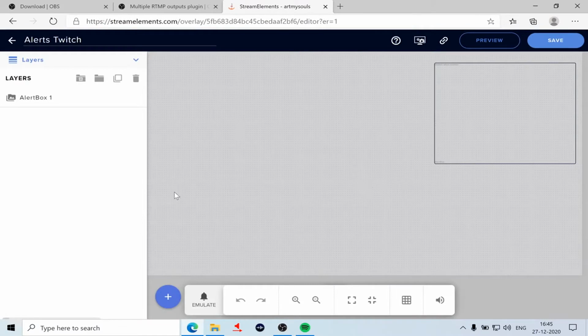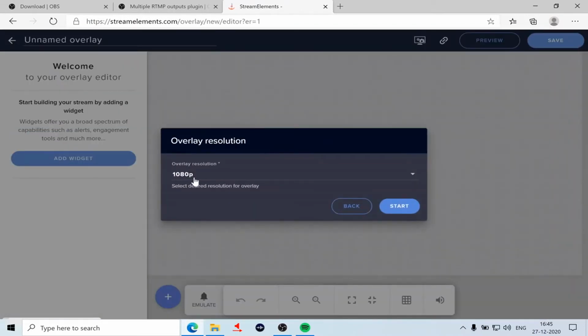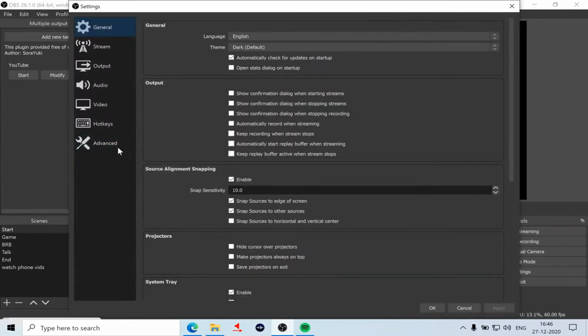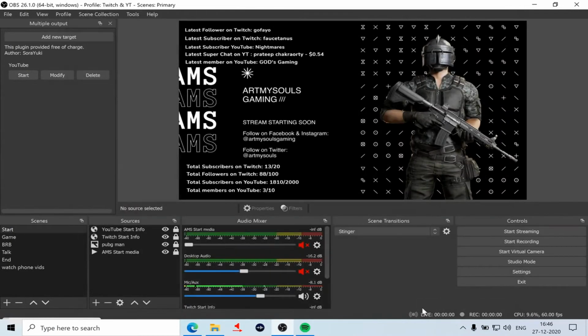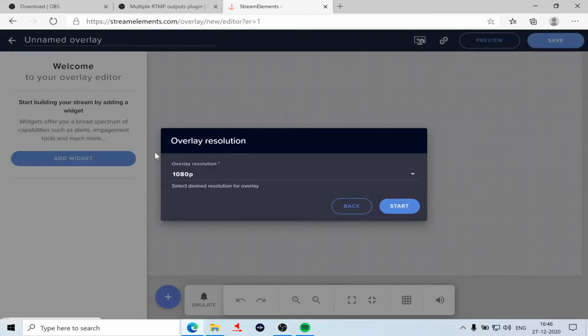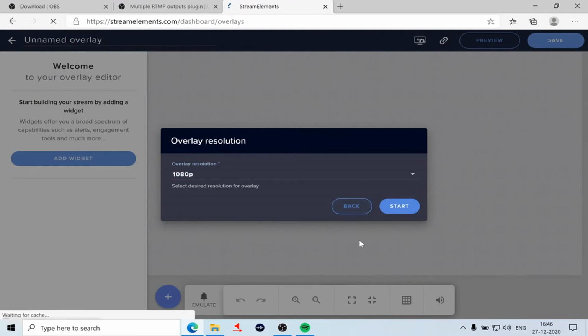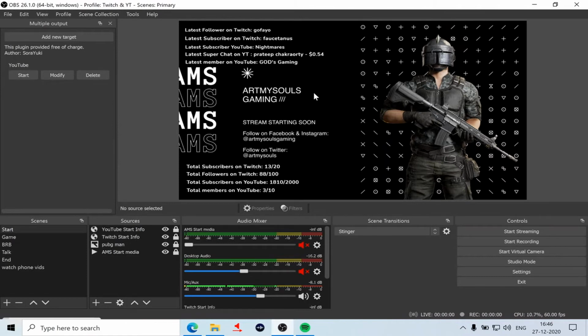And while you're creating an alert overlay, this is actually not a tutorial for this, but just a quick understanding of how it works. When you're creating a blank overlay, make sure the resolution matches the resolution you have here, in the settings, in the video part. It's 1920 by 1080. Make sure that your overlay is 1080p and matches that. Otherwise, it will not look good at all. You'll have a lot of confusion, and sometimes it will not fill the page the way you want, and the way you're arranging this will not work out. So this is basically that simple.